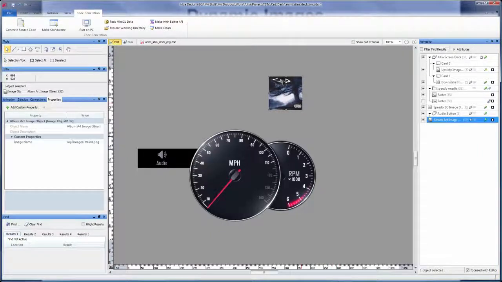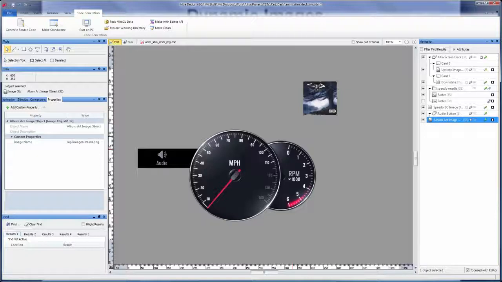Alright, so that's updating one image for album art, but you can actually go through and update all the images in your GUI to do what we call skinning your GUI or retheming your GUI. And this allows you to, using those image objects and just telling all the image objects to pull in new artwork, instantly change your GUI from like a day mode or a night mode, or rebrand it entirely if you have multiple brands in your company